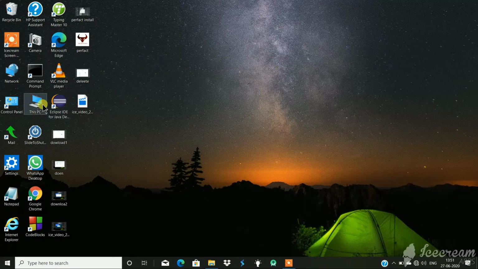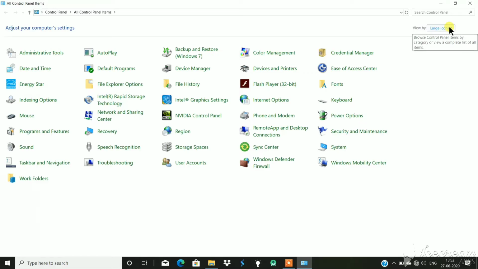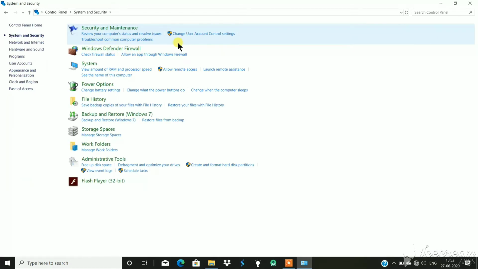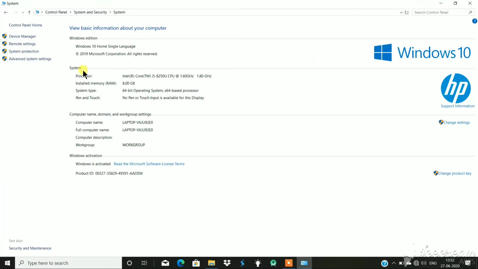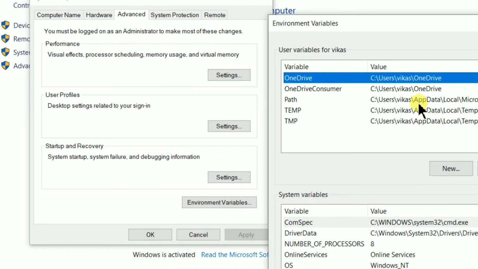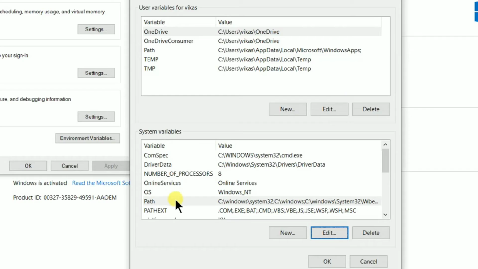Go to your Control Panel and change its category. Go to System and Security and go to System, and on the left you can see Advanced system settings, and here you can see Environment Variables. Here you will get the Path.